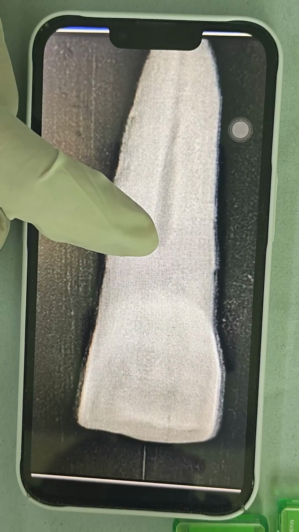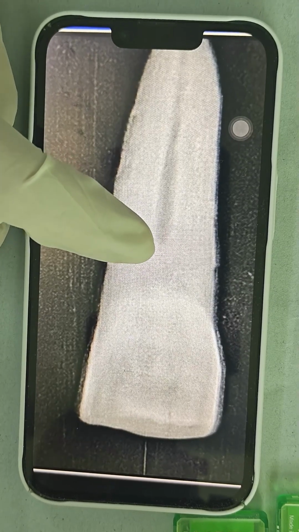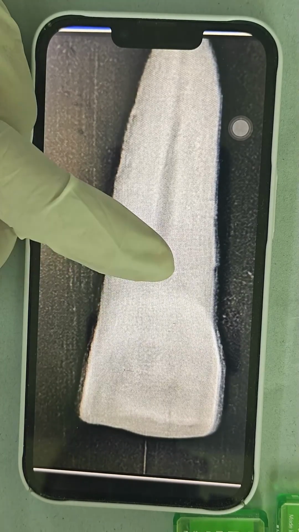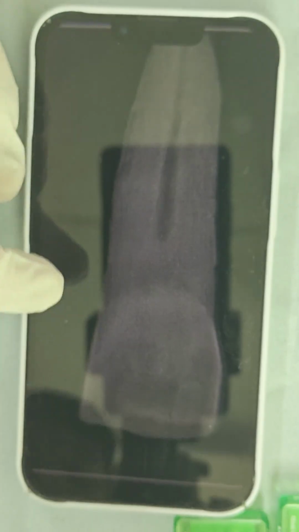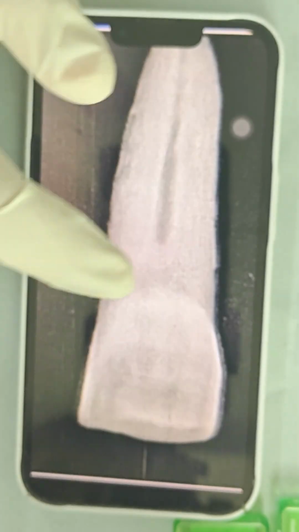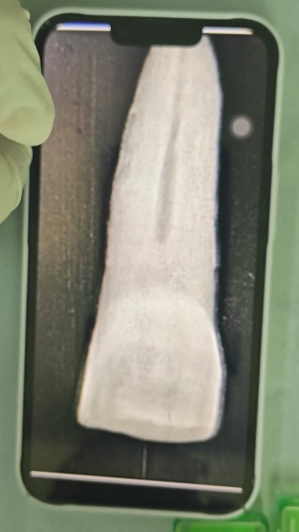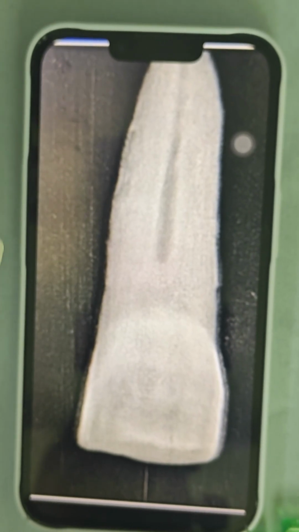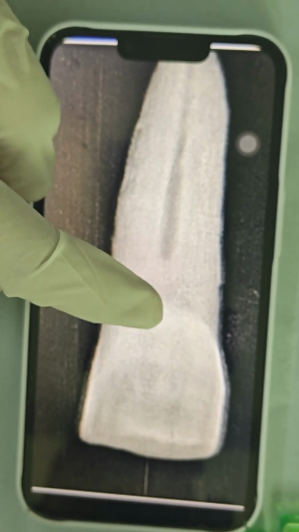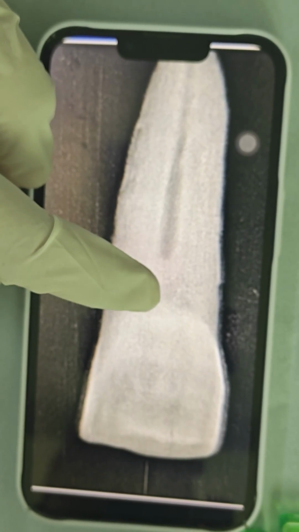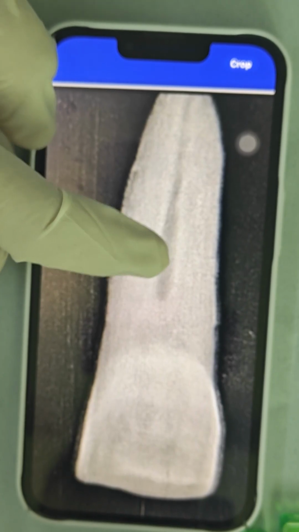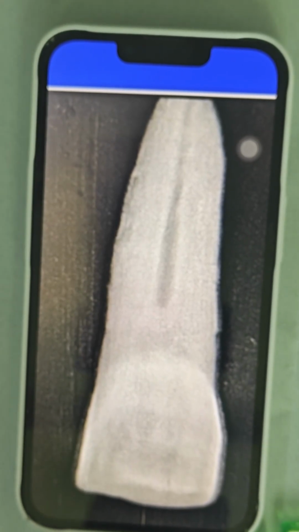Most of the time, patients with central incisors have undergone some kind of trauma in their young age, due to which there is pulp canal obliteration. So the idea behind choosing this tooth was to deal with a little complicated case. As we can see, there is some pulp canal obliteration in the coronal third, and the canal is quite narrow in comparison to normal cases. So I'll be showing you the tooth now.